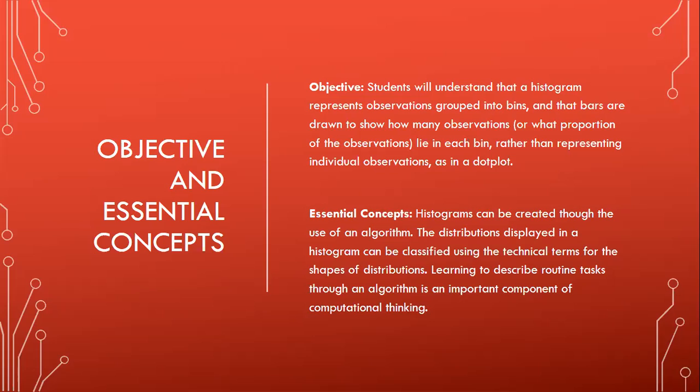Learning to describe routine tasks through an algorithm is an important component of computational thinking. And let me explain why computational thinking is very, very important. Computational thinking is a way of thinking that is like step by step. You do this, then you do this, then you do that, then you do that. Okay. And it's important that we understand and hone in our skills for computational thinking, because when it comes to